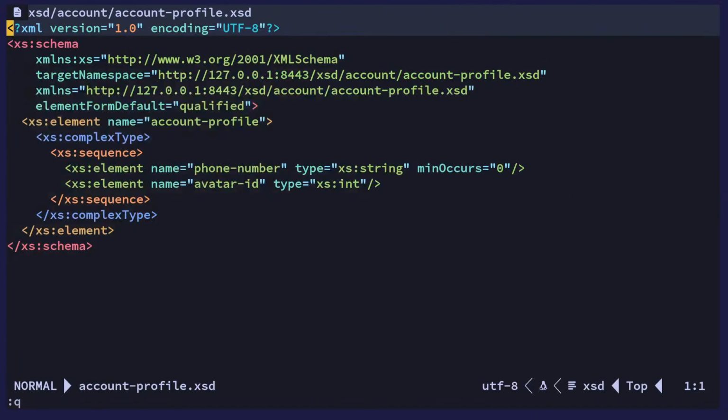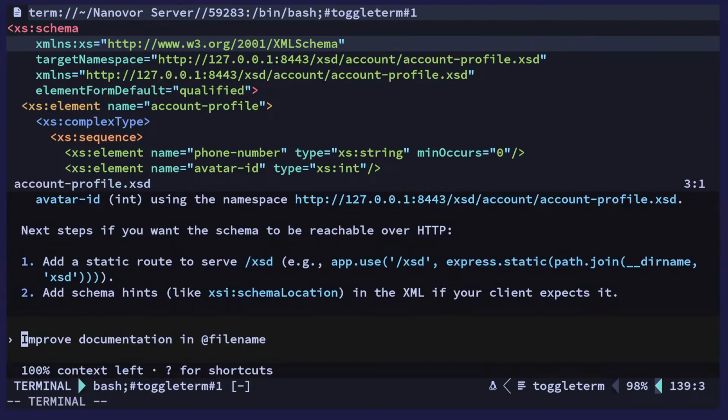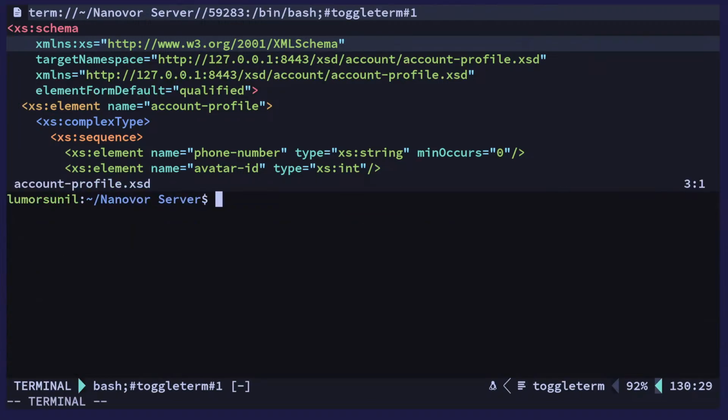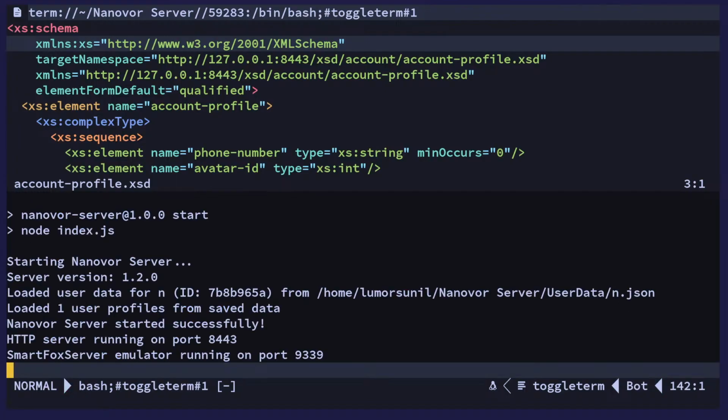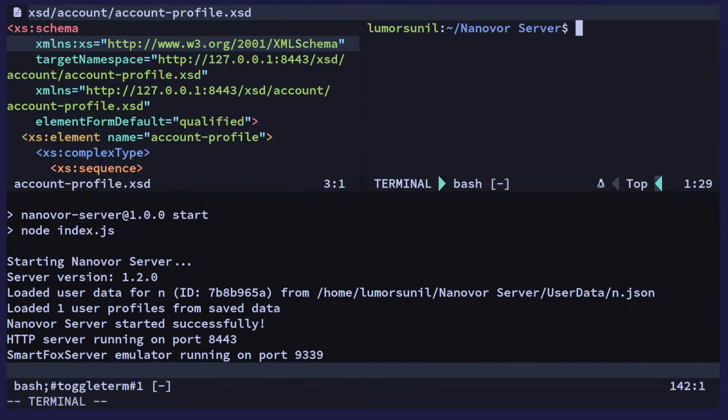So this is how that looks. And then we run that, and then like